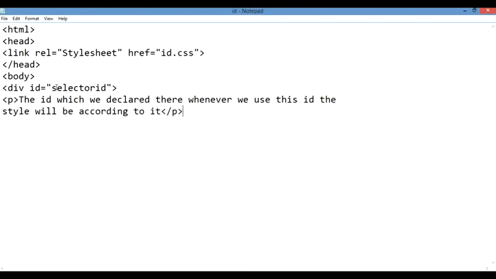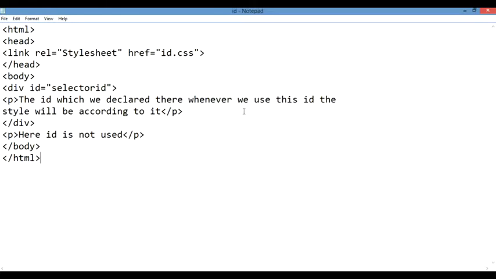So basically what we are doing over here, we are giving an ID. That ID will check according to what thing it needs to work. So this is basically the way through which we are giving an ID, and according to that ID we are working in it. So here you can see that the ID is not declared in the second case, after I have closed the div tag.